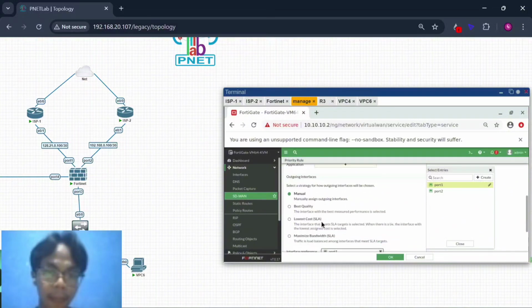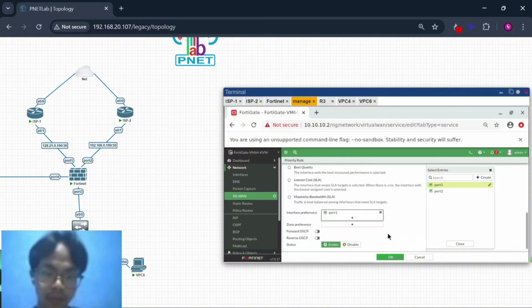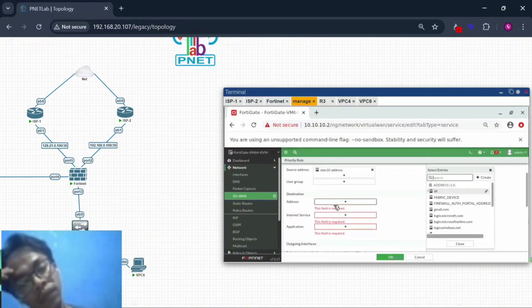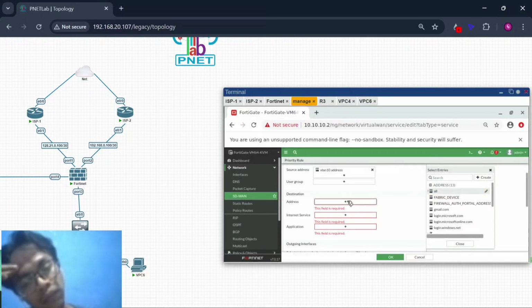You can choose what you want: manual, best quality, low cost, or maximize bandwidth with SLA. I think just this one. And okay, destination, this is all.